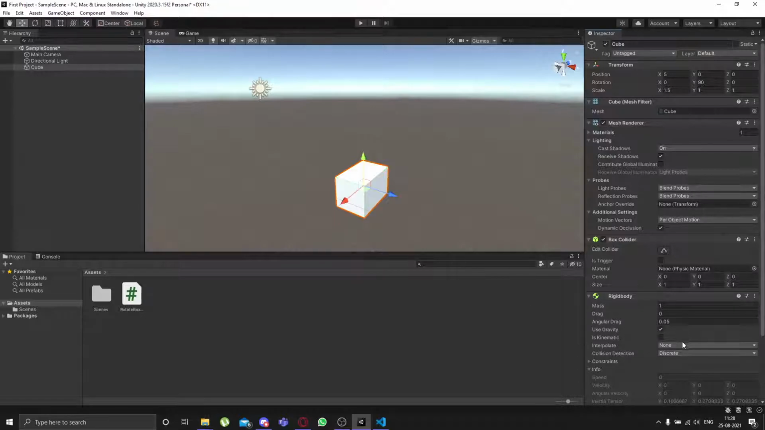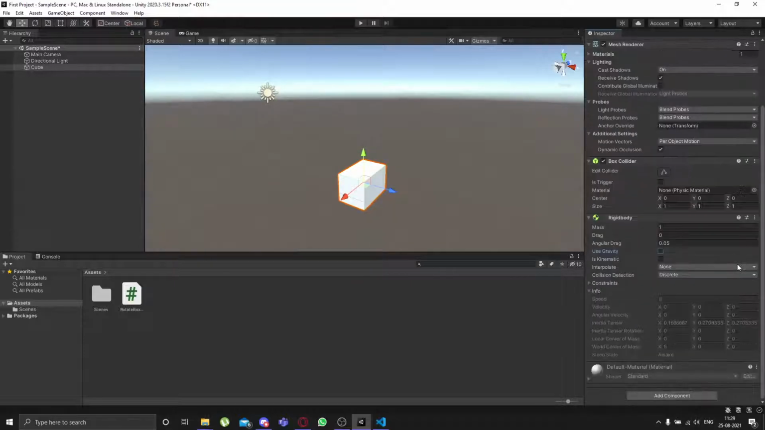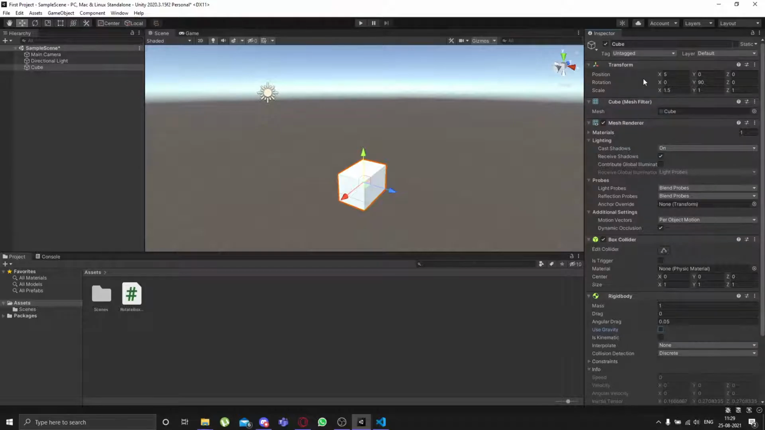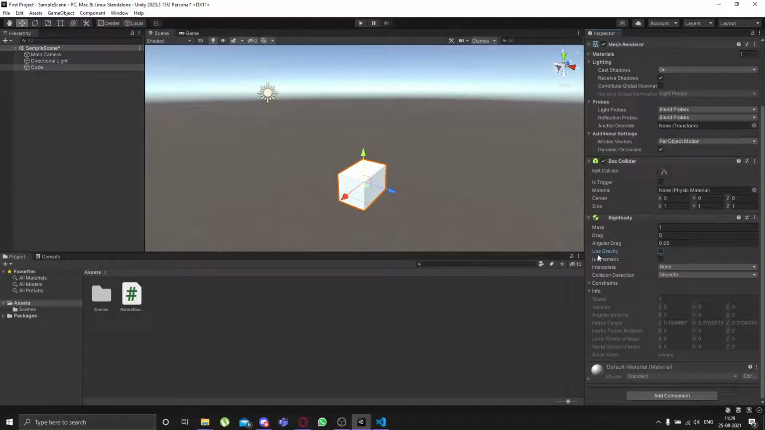What a rigid body will do is help us move this object without having to just calculate every single position for every frame, for every next frame. Okay, and we don't want this box to just fall down whenever you start the game, because that is boring. So I have disabled the use gravity, and